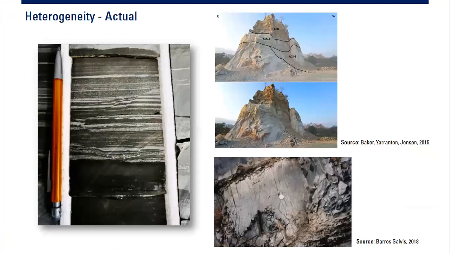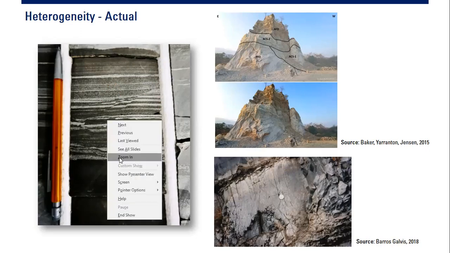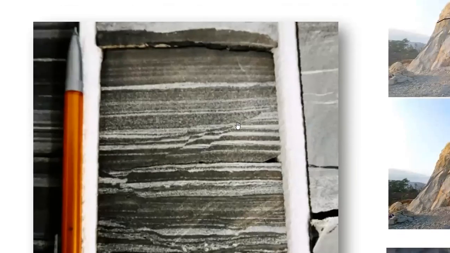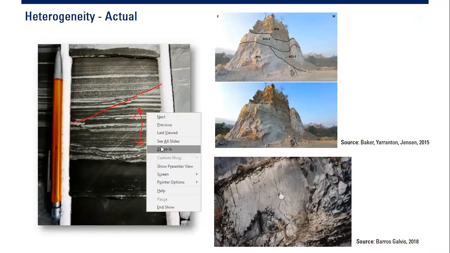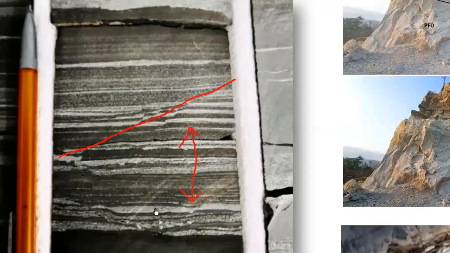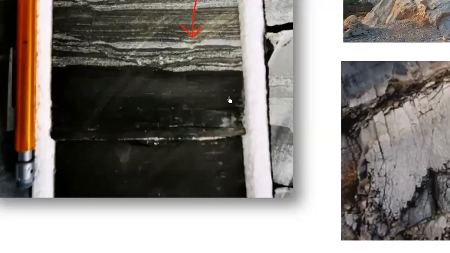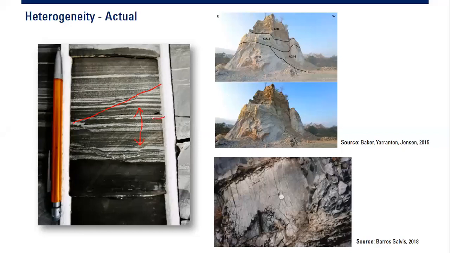This is the picture of real heterogeneity. You see from this core, if we zoom in, you see fractures or very small fault here. Let me draw the line here. You can see the profile of the fault. And if you just move vertically, clearly this rock has macro scale heterogeneity. And you see here, this is fracture or vug. You see that hole?